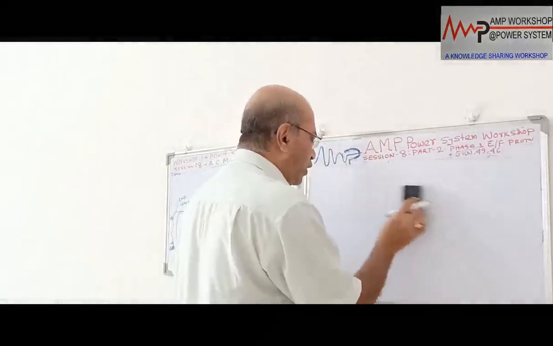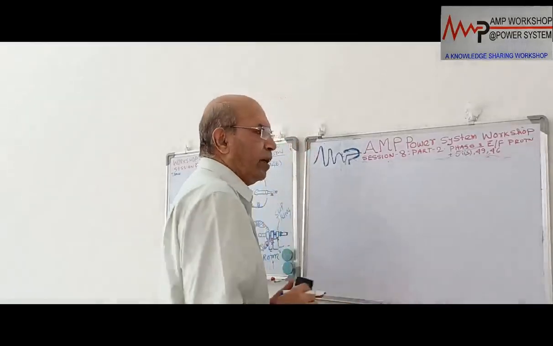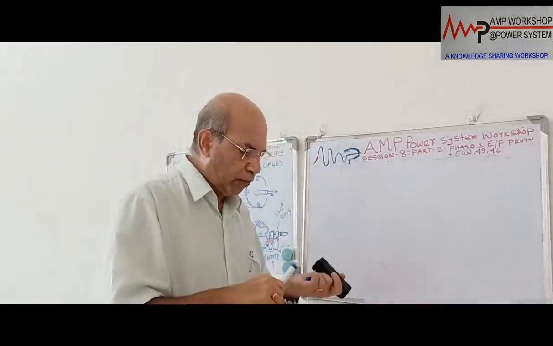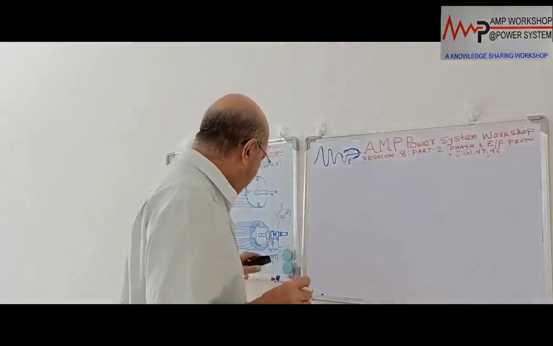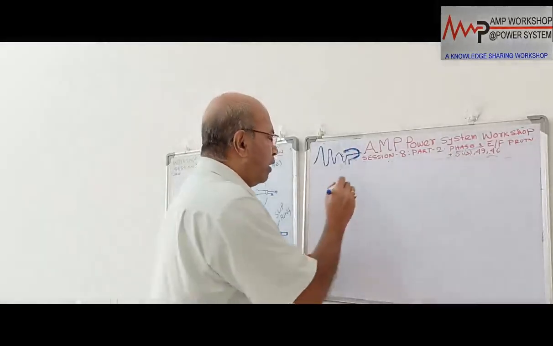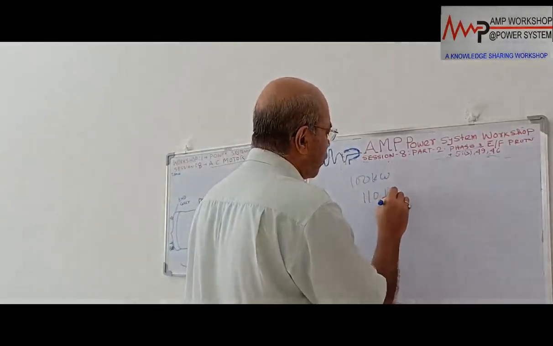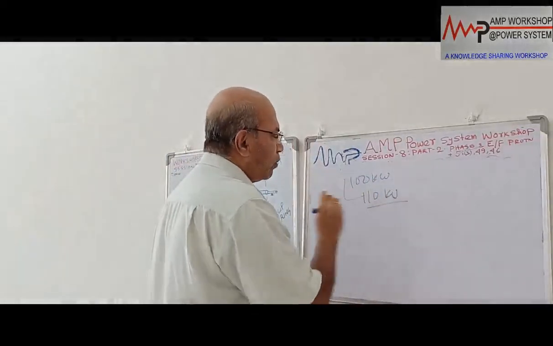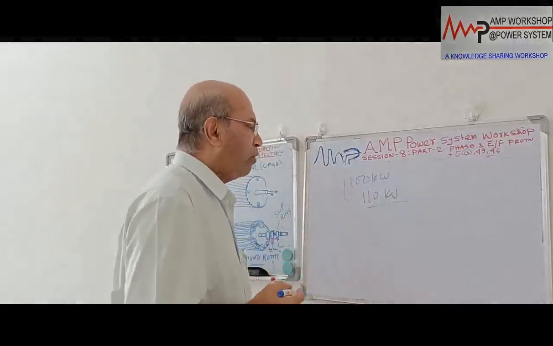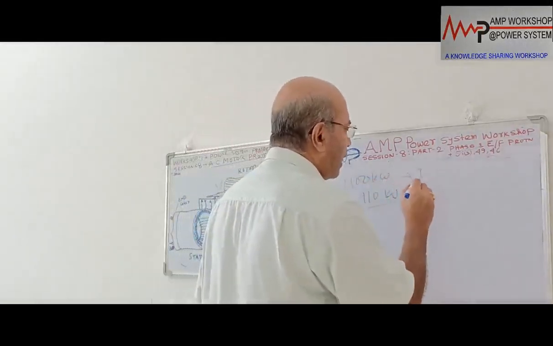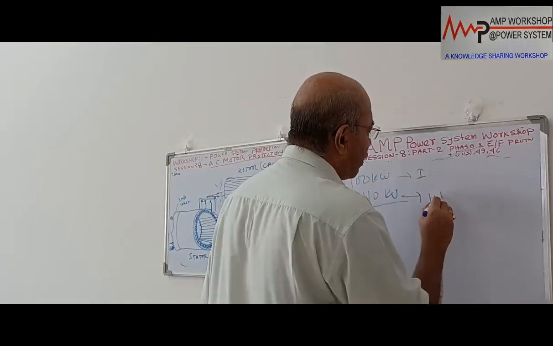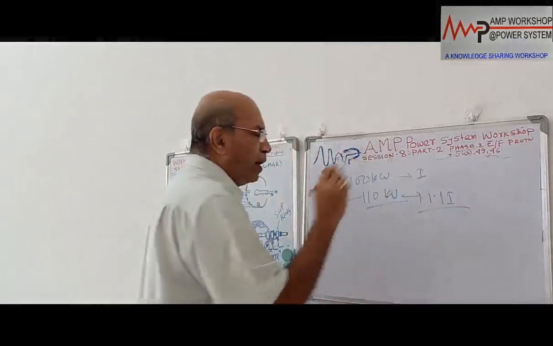Overcurrent protection, we have mentioned, is a fault protection. But overload protection is not a fault protection. Overload protection is when a motor, suppose a motor can take a 100 kilowatt load and we are loading the motor with 110 kilowatt, 10% more. Okay. That is what we call an overload condition. So during the overload condition, if it is giving a current of I normally, it will give a current of 1.1 I. So it will be taking more current.